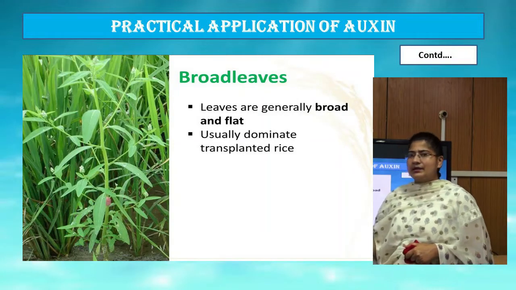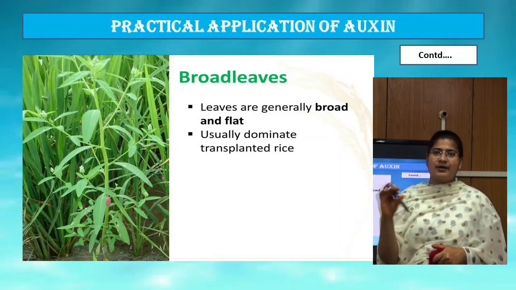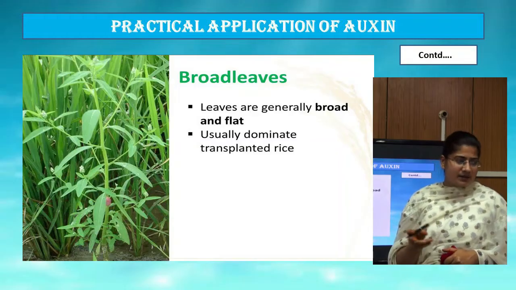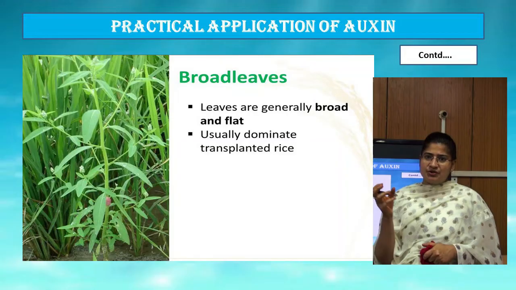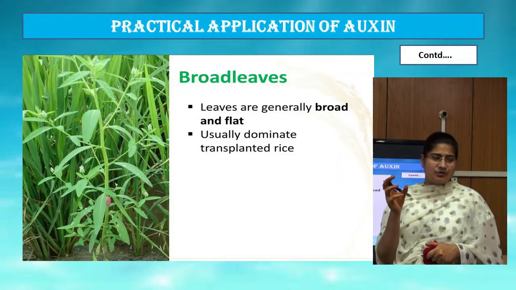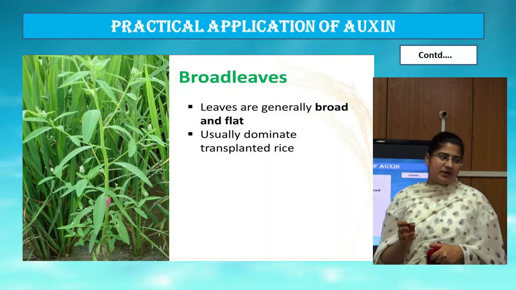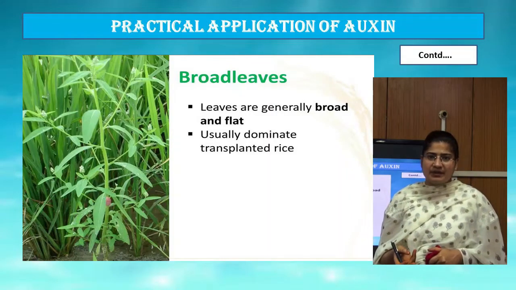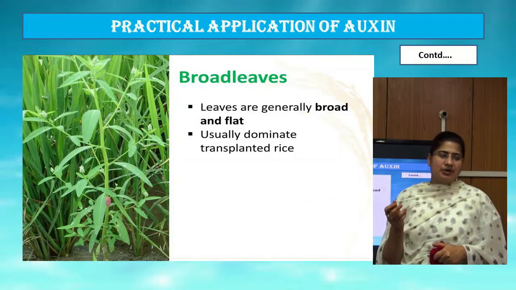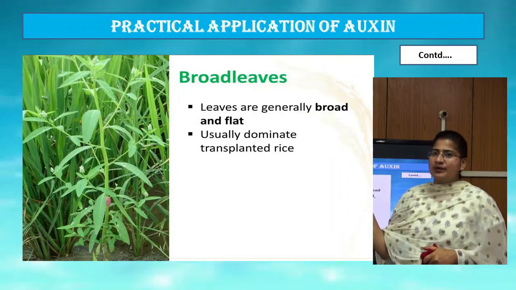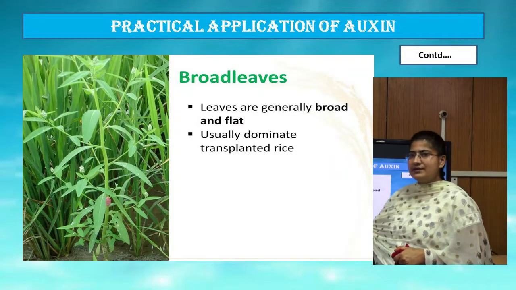Another important question is why auxin kills the broadleaf weeds. Why not the narrow ones? Why not the monocots? Because in the cytoplasm of monocots there are certain auxin binding proteins which bind the exogenously applied auxin, and nullify its action. That's why auxin doesn't act as weedicide in monocots like wheat, rice and sugarcane, and that's why these plants are protected from the weedicidal action of auxin, while broadleaf plants, that is weeds, are killed.